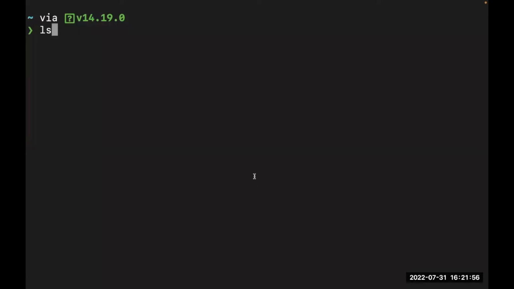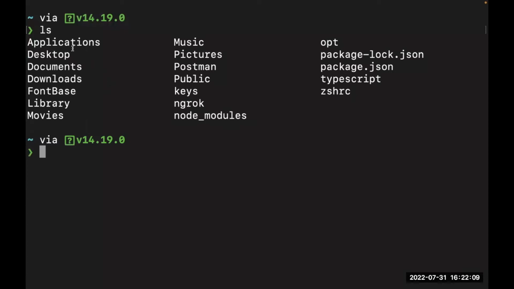So the next thing I have here is ls, which basically stands for list storage. Make sure you click on that Notion link to proceed, so you can see these things I'm saying. ls will basically show you the folders or the files within that particular directory. So what is a directory here? A directory is basically referring to that particular folder that is currently opened. I am currently in my home folder, or the root folder, and these are the folders that we can see under that particular folder.